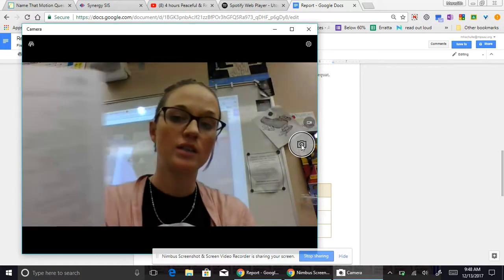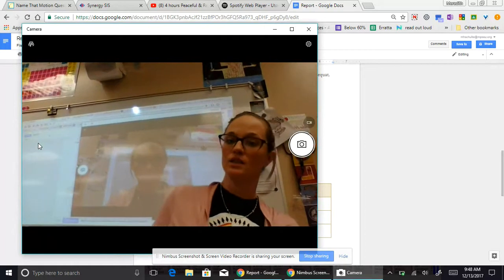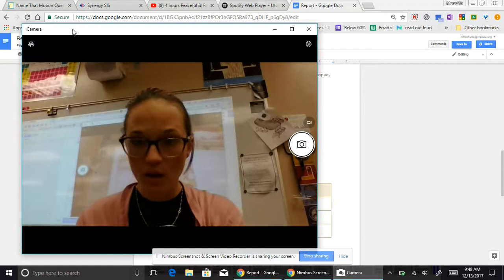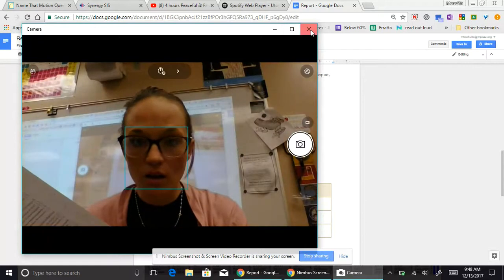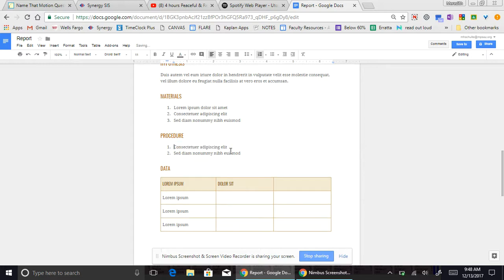So I can go into procedure. Okay, and they have nonsense words here, but I'm going to replace that with my list of stuff that